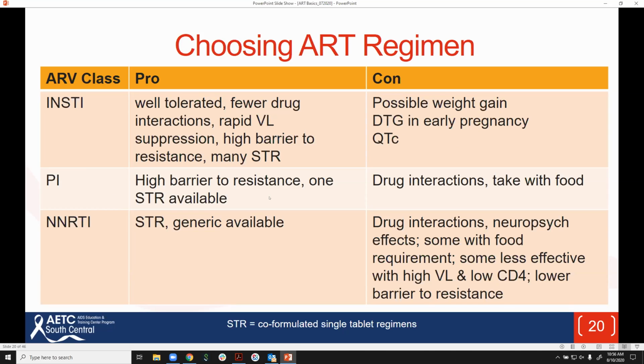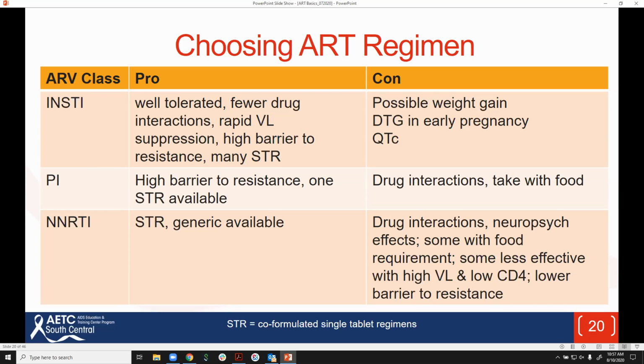Boosted PIs, again, high barrier to resistance, so may be very helpful for someone who you want to start on therapy, but maybe is on and off because of psychosocial reasons or something. Really good option. And there is one single tablet regimen available. But the drug interactions and the necessity to take with food can be a barrier. And in NNRTIs, there are single tablet regimens and a generic available. The cons are some drug interactions, some neuropsych side effects, particularly with the older NNRTIs like efavirenz, and suicidality. Some have food requirements, so